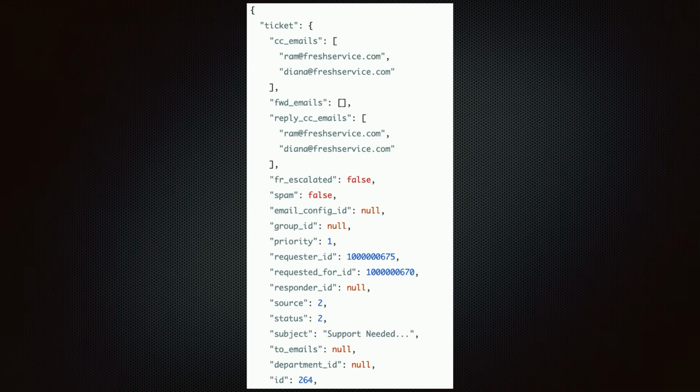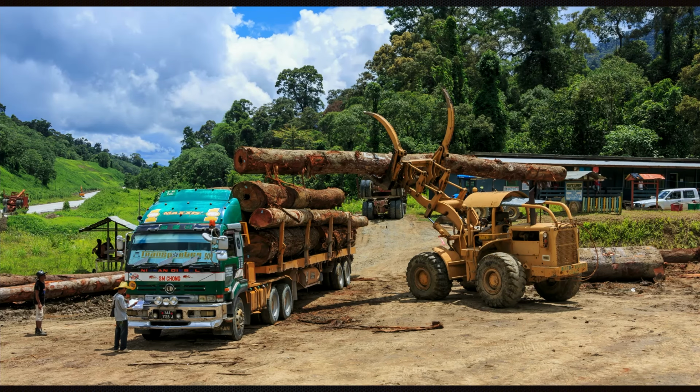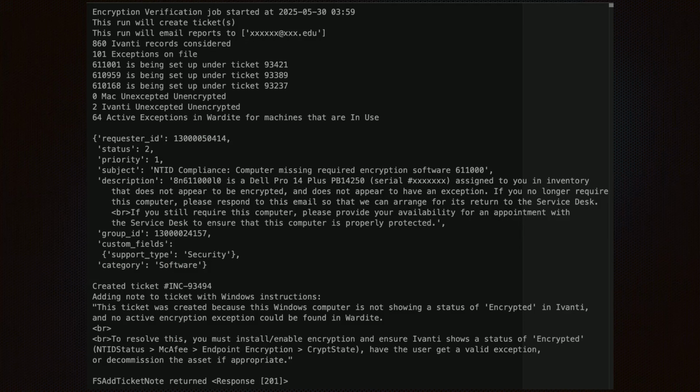Here's a part of the sample response. Much of it's just the data we sent to create the ticket, but there's useful information in the response. That is the ID of the ticket that was created. We can use that if we want to interact with the ticket further, for example, to assign it to an agent, or just to log the fact that we created a specific ticket using the API. Logging? Not this kind, the other one.